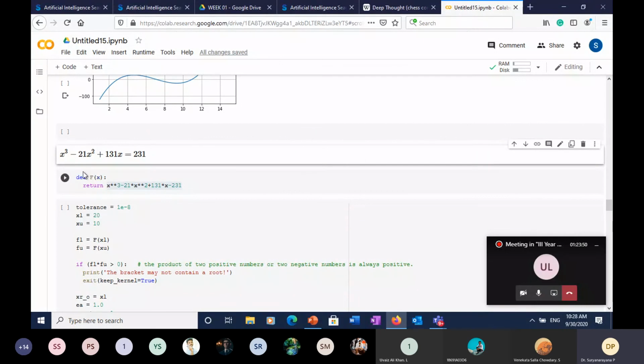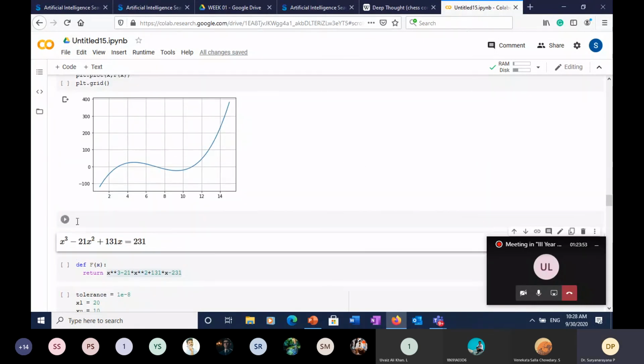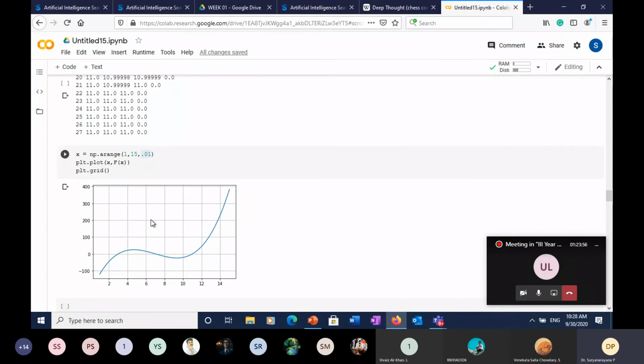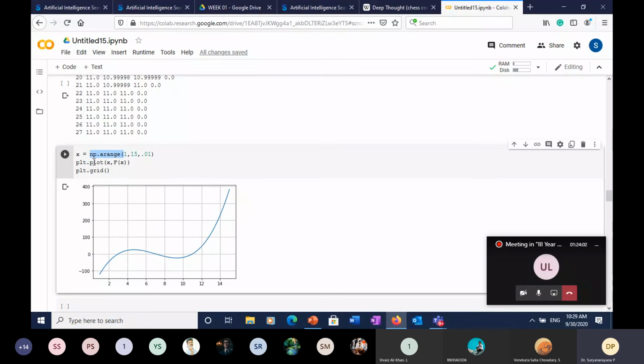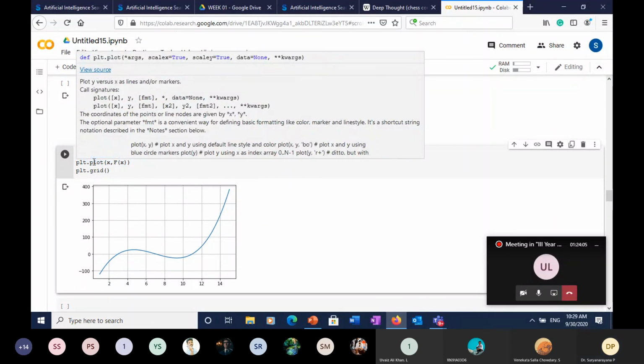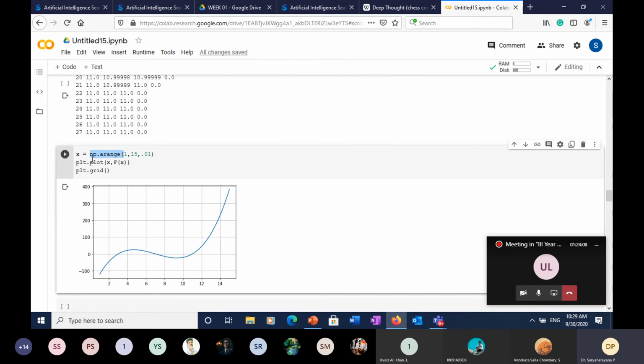Okay. So we'll try to have a numerical method to solve this equation. First thing I have done is, if you remember, np.arange. I have imported the library numpy as np. In that library, there's a function called arange, which takes the initial value, final value, and the spacing between the individual elements in the array, and it will create that array. For example, this one creates 1, 1.01, 1.02, 1.03, likewise, all the way till 14.98, 14.99, and 15. Okay, that's what that does.